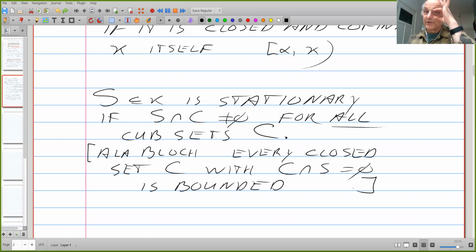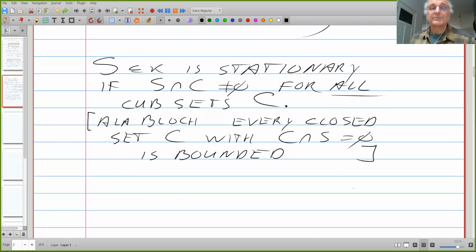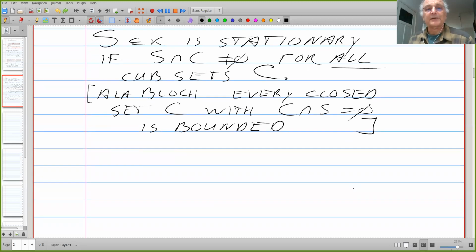And now the question, of course, is going to be what sets are stationary? And can we prove this lemma of Bloch for those stationary sets? Well, yes, but we need to do a little preparation here and there. The first thing that we do is look at some properties of the family of closed and unbounded sets. The first thing is, if I have two closed and unbounded sets,